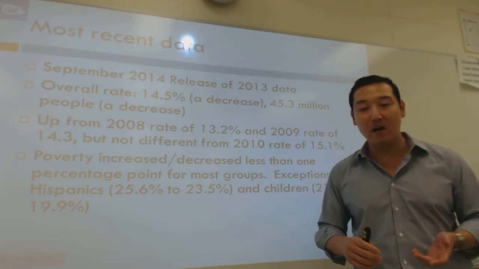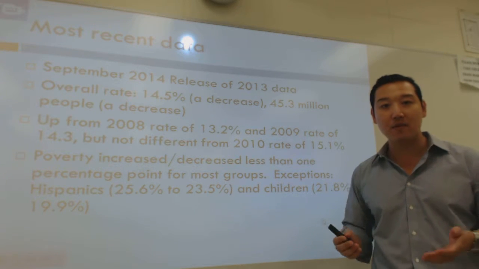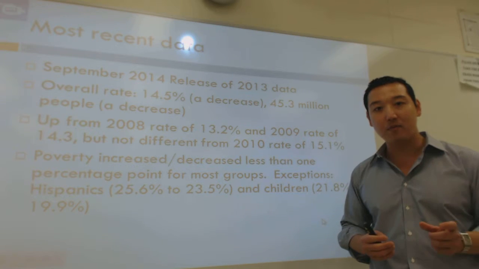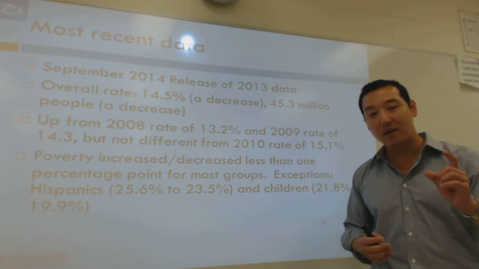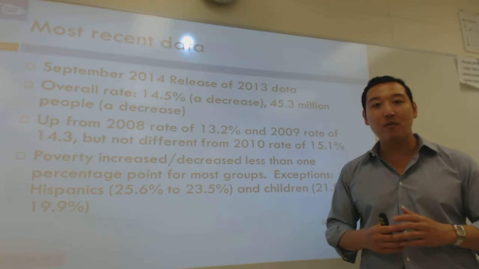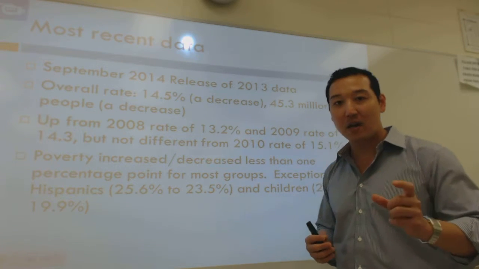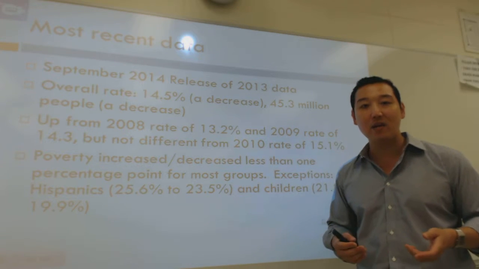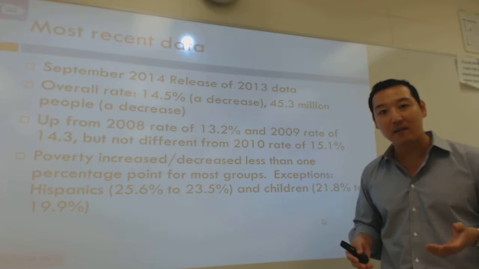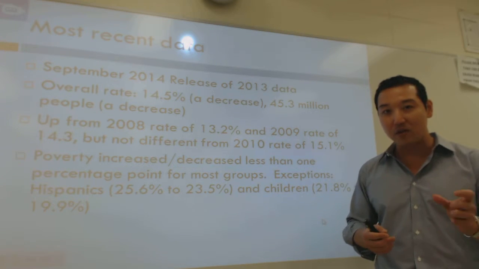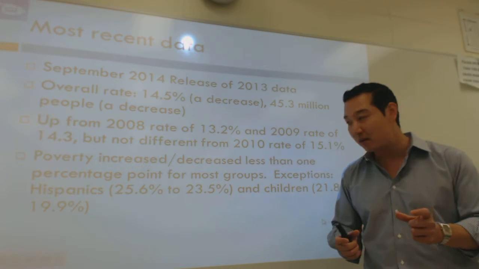And one other thing that I'll often do, at least for purposes of this lecture, is take a look at changes within subgroups, right? So based on age and based on race at least. So for most subgroups, we haven't seen any sort of significant change. And by significant, I'm talking about any change greater or less than 1%. But we have two groups in particular where we saw some substantial changes, that is greater than 1 percentage point